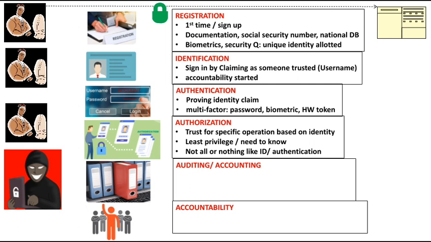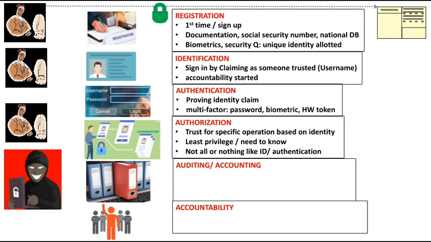This authorization is different from identification and authentication in a way that identification and authentication are all or nothing. It means that either you are identified to the system or you are not identified, or you are authenticated by the system or you are not authenticated. But authorization has different variations based upon the identity of a user. For example, if you are an admin, then you are allowed to perform more actions, and if you are a normal user, then you are allowed to perform minimum or required actions.